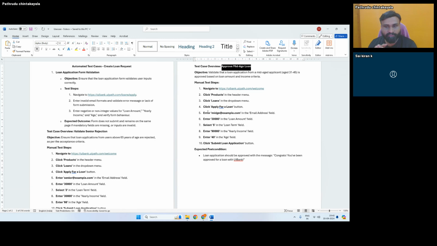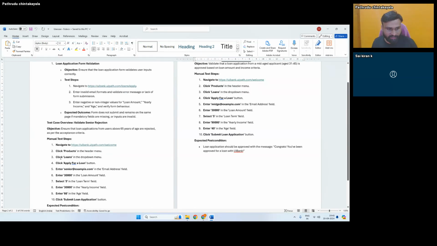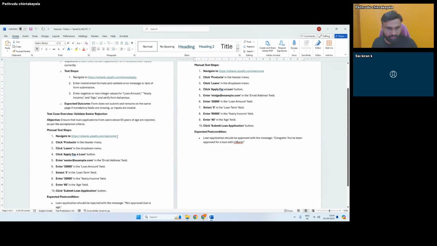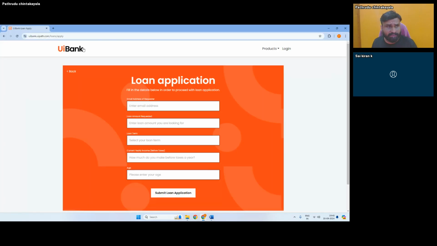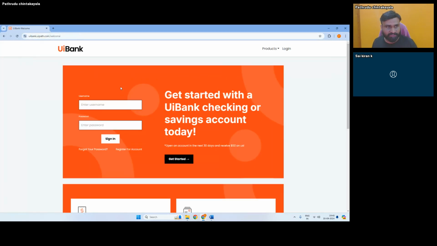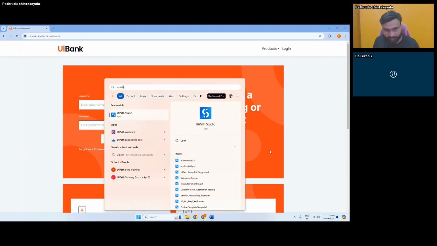Okay, so now we will create only these two scenarios in terms of testing this particular loan application request, and we will see how we can execute our test cases and see the results back. So we have clearly defined what steps need to be done. First we need to go to the welcome URL, which is the home page, and then we need to navigate to this form. So let me open my UiPath Studio,